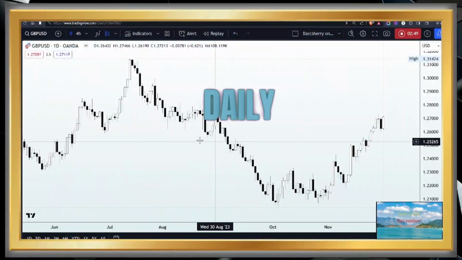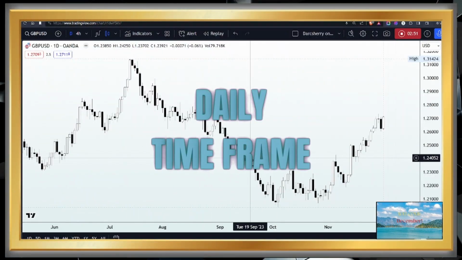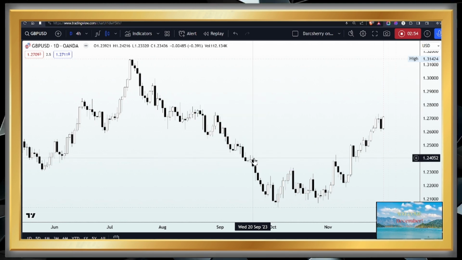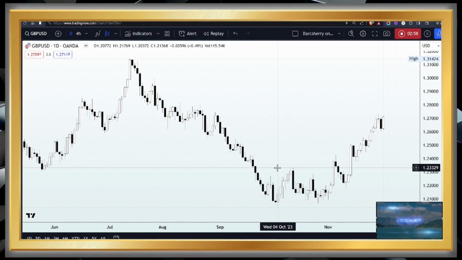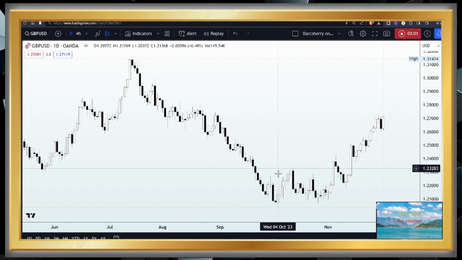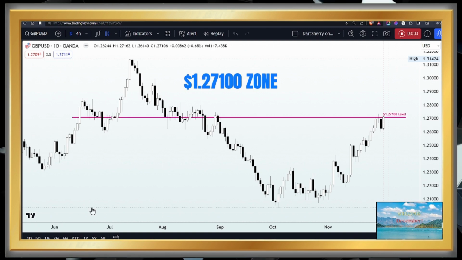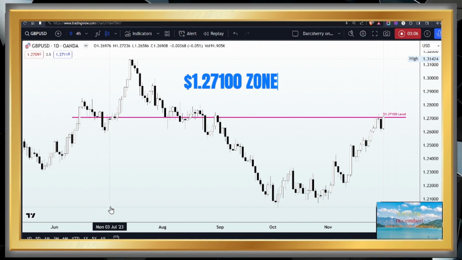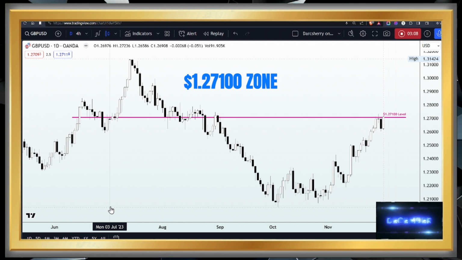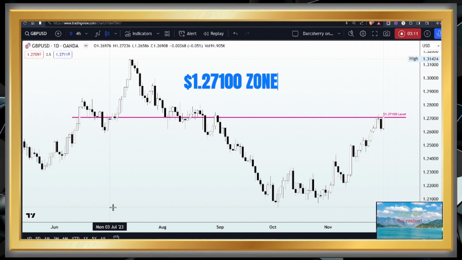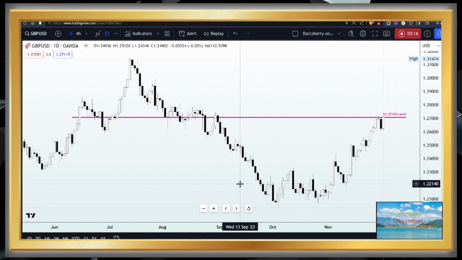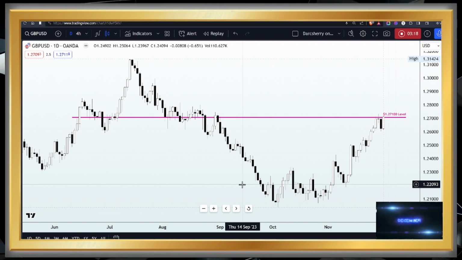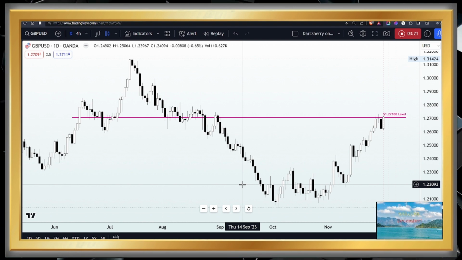As we shift to the daily time frame, the structural analysis from last week's trading setup remains largely unchanged, with a minor adjustment to our key level, which is now represented around the 1.27100 zone in response to recent price action development. Now, over the past 6 months, this zone here has consistently influenced price dynamics, underscoring its significance in the upcoming